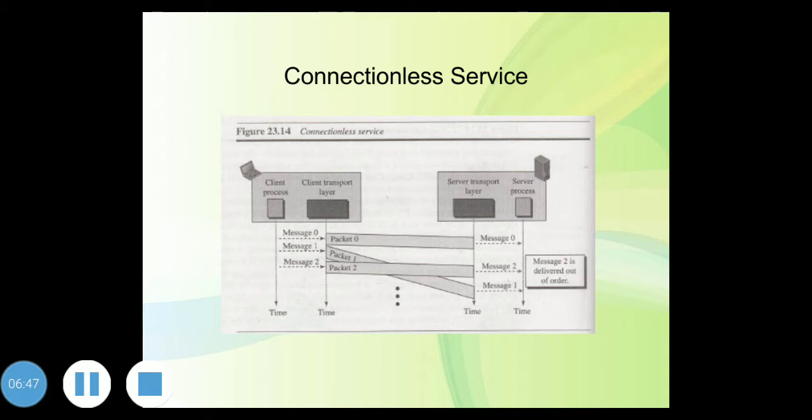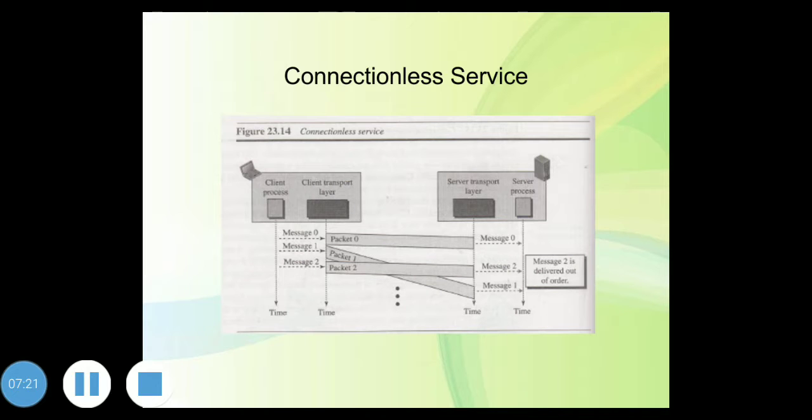So now we'll see about connectionless and connection oriented protocols. A transport layer protocol, like a network layer protocol, can provide two types of services, connectionless and connection oriented. The nature of these services at the transport layer, however, is different from the ones at the network layer. At the network layer, a connectionless service may mean different paths for different datagrams belonging to the same message.